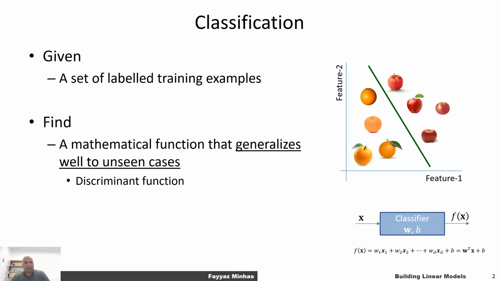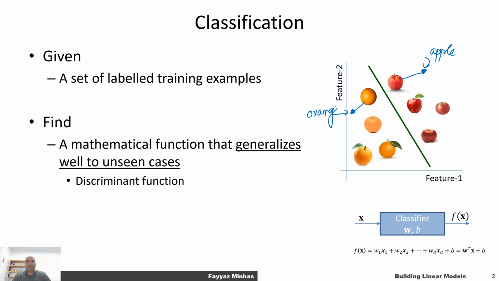We also talked about k-nearest neighbor classifiers that use distance of a given test example to assign a label to it based on its closest example in the training data. So let's say, let me turn on my pen here, please. Let's say you've got an example here that is given to you as a test example. Because we know that the closest example to this test example is an apple, we'll be classifying this example as an apple. Similarly, if an example is over here, then because the closest example to this test example is an orange in the feature space, we'll be using that information to label this as an orange,